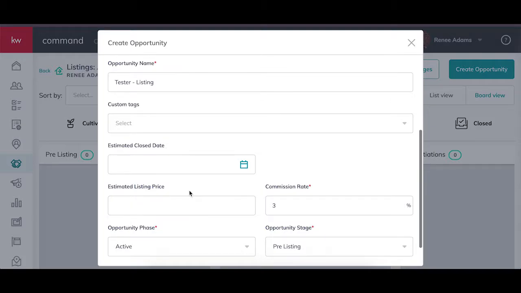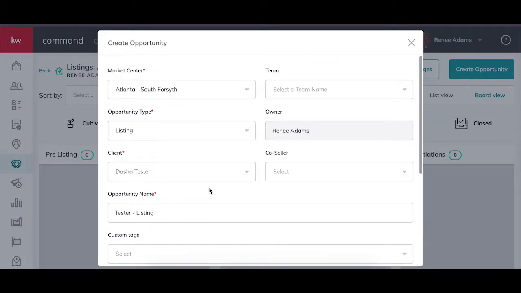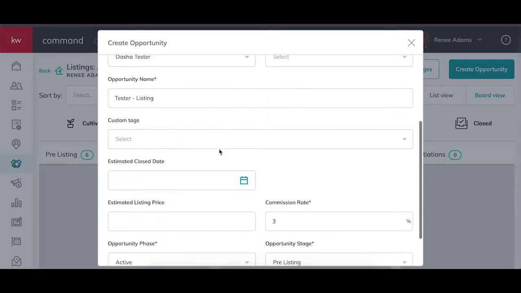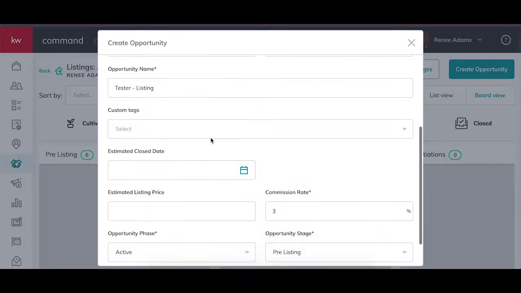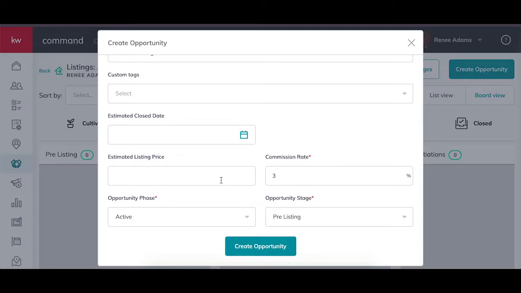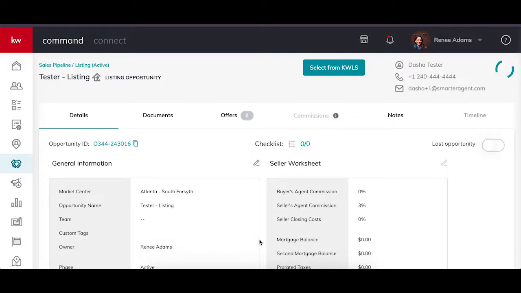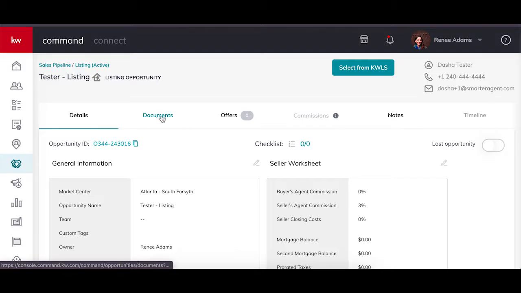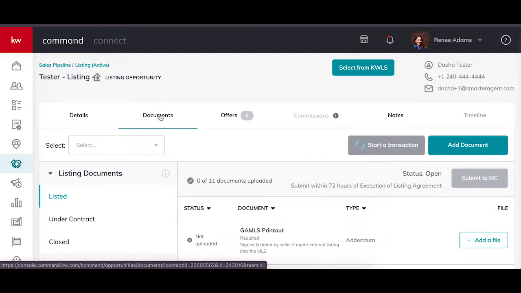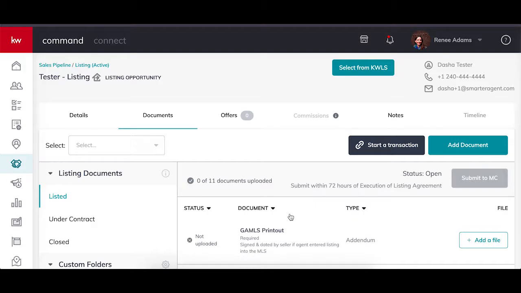Cool. All right. So to create the opportunity, we are going to say that it's a listing, that's the seller, and that the estimated list price we're going to say is $500,000, 3% commission, and it's active, and we'll say we're in negotiations, and we're going to go ahead and create this opportunity. That's where we're going to actually be able to open this document section, and this is how we're going to